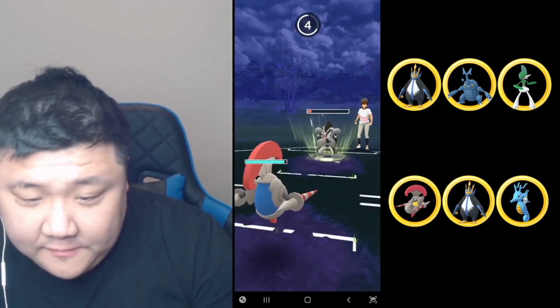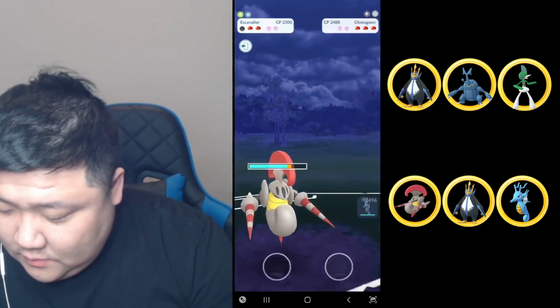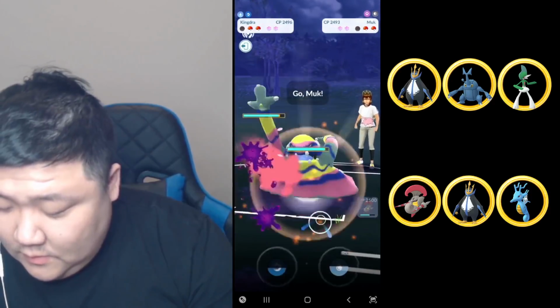Obviously, they're at almost no health, so I get 3 counters. So they actually end up surviving this 1 extra counter for me, which actually ended up being huge because it allowed the clock to stall out for 1 more second. They come to Amoonguss,